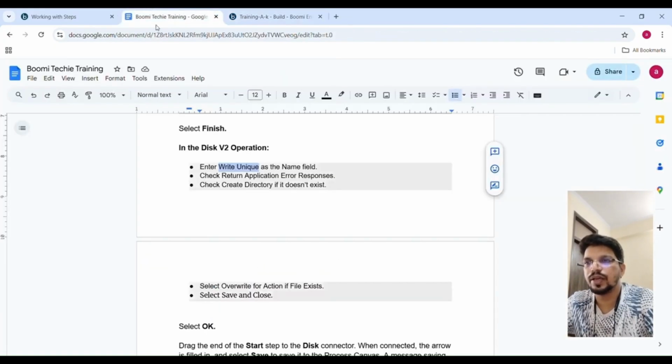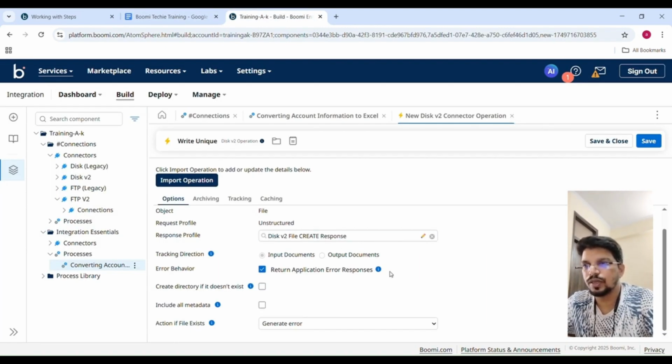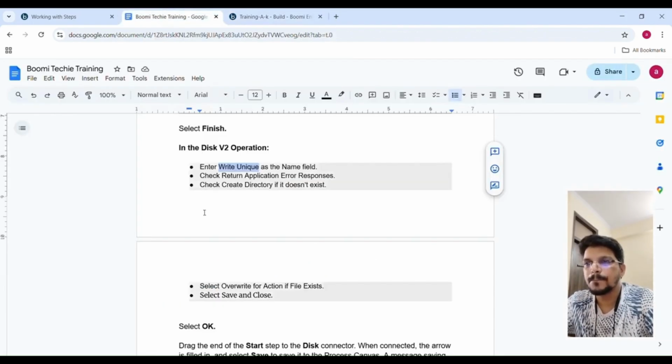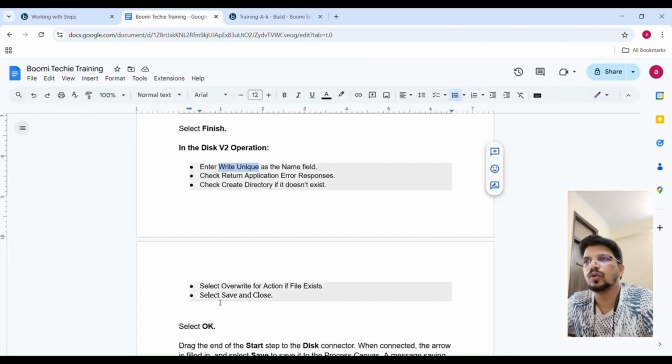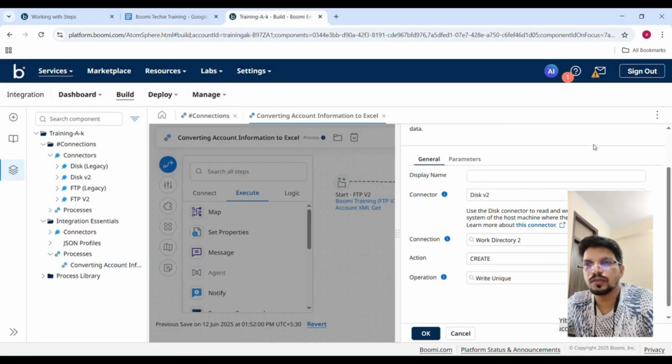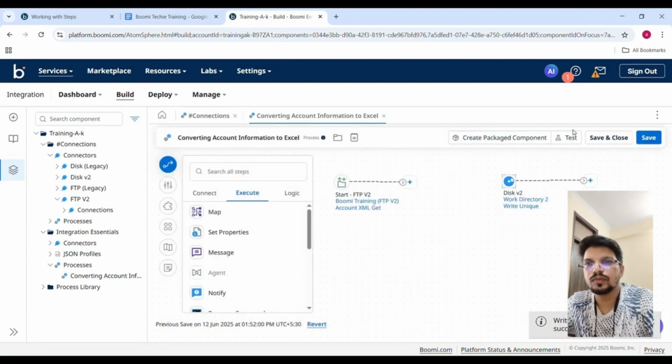एंड नेक्स्ट है चेक क्रिएट डायरेक्टरी इफ डज़ नॉट एग्ज़िस्ट। सो चेक करेंगे इसको, इस पर चेक करते हैं। और सेलेक्ट ओवरराइड फॉर एक्शन इफ फाइल एग्ज़िस्ट। ओवरराइड एक्शन करेंगे फाइल एग्ज़िस्ट है तो, ठीक है। एंड देन सेव एंड क्लोज, ओके। सो सेव करते हैं, ओके करते हैं, ठीक है। Disk V2 कनेक्टर से, एक्टिव V2 को Disk V2 से हमें कनेक्ट करना है। ये कनेक्ट हो गया।